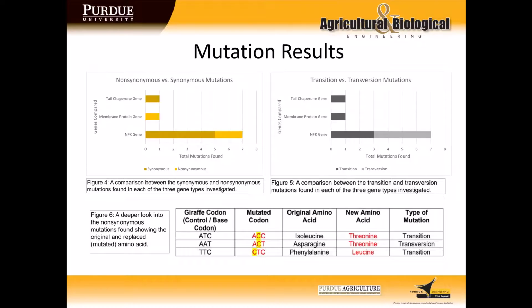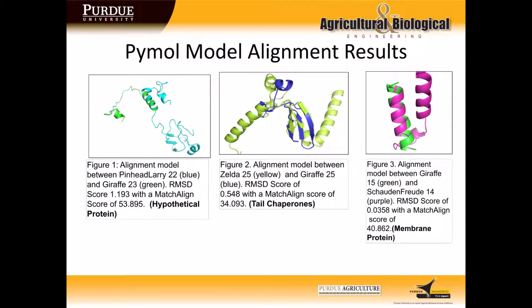So to understand how these mutations affect protein structure, the gene sets were superimposed and aligned. Two metrics for how well the protein structures are aligned include the match-align score, which tells us a global alignment score based on how well the two matched up, as well as the root mean square deviation score, or RMSD, which tells us how far the final superimposed structure changed from the initial structure. When both of these scores are low, particularly when RMSD is below 1, this indicates a good alignment with high